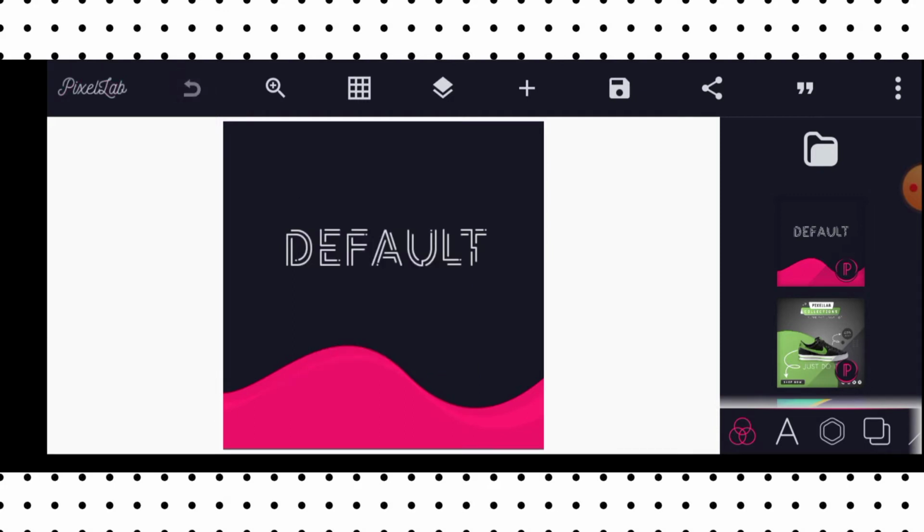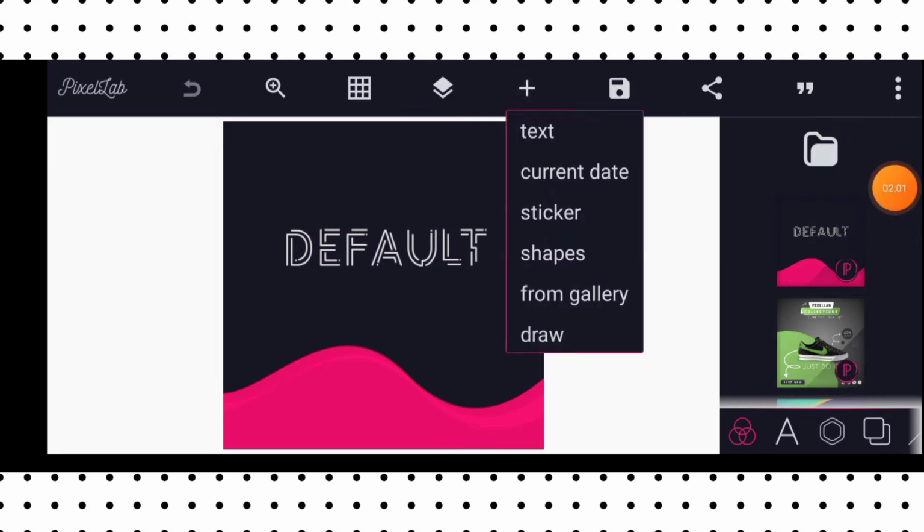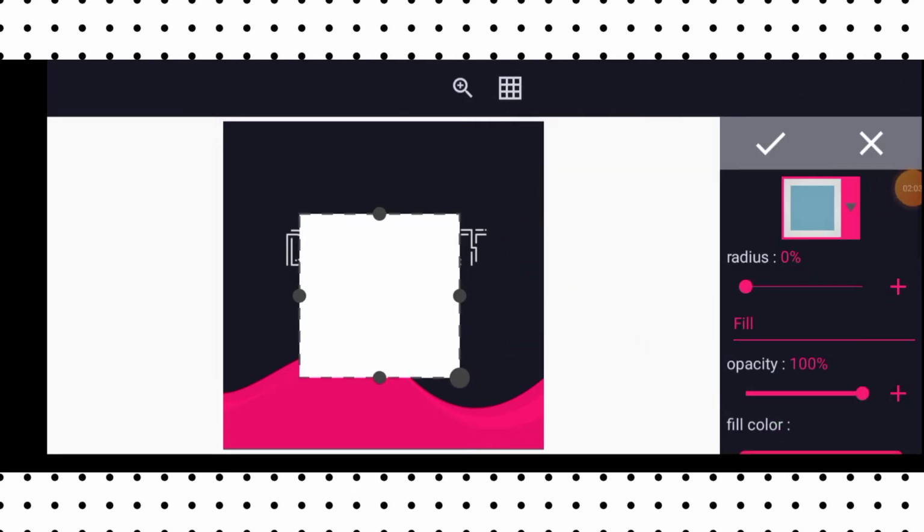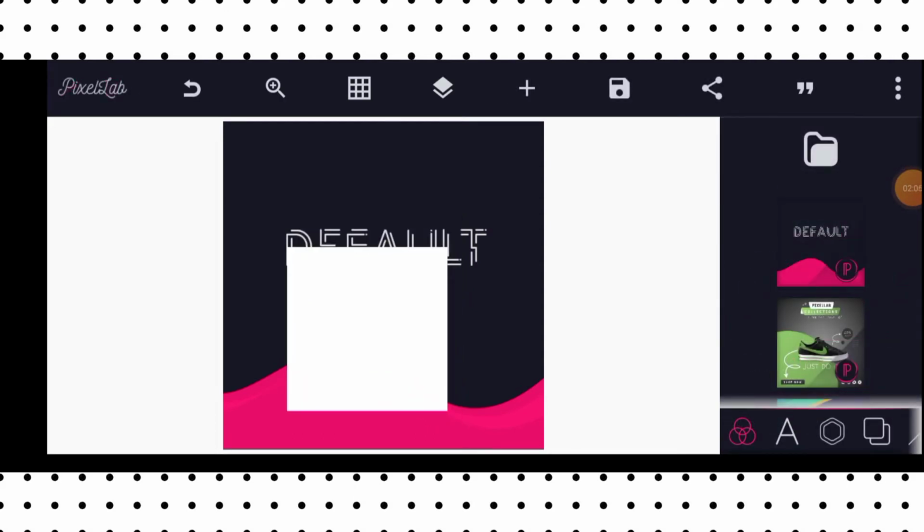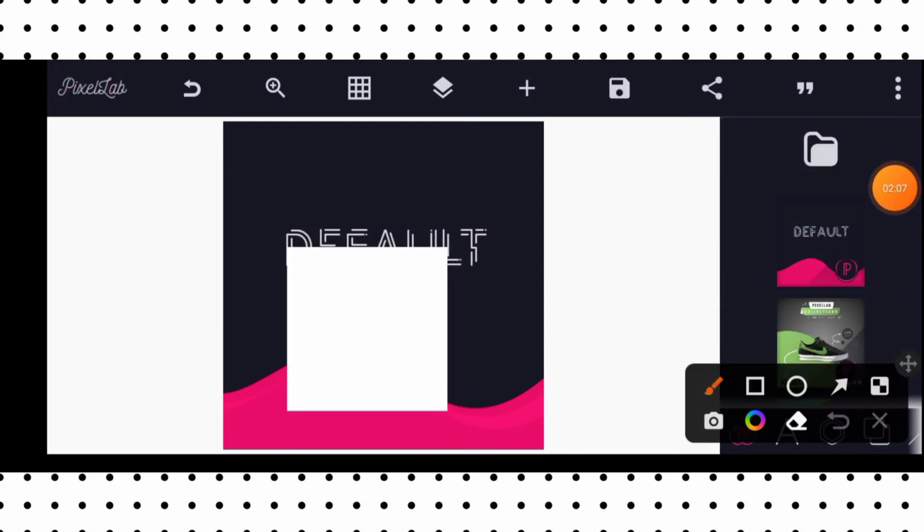You see the shape is no longer there. All right, that arrow is for coming back. Let's say you want to undo the work that you have done before, then just go to that arrow to undo it. Now let's bring out the shape. There is something that I want to do again. So the next one is this